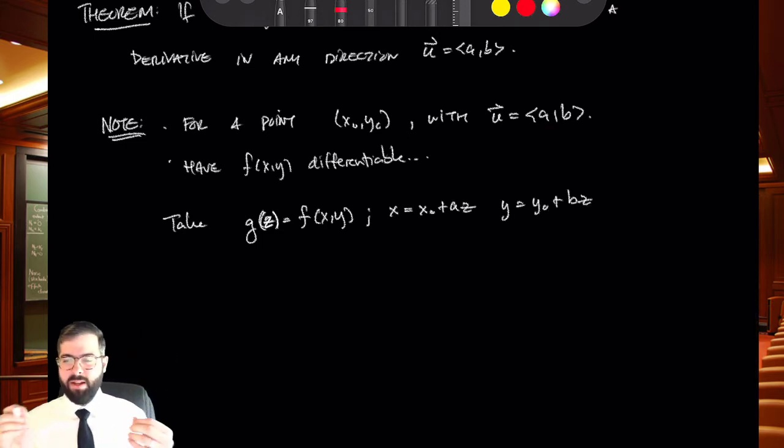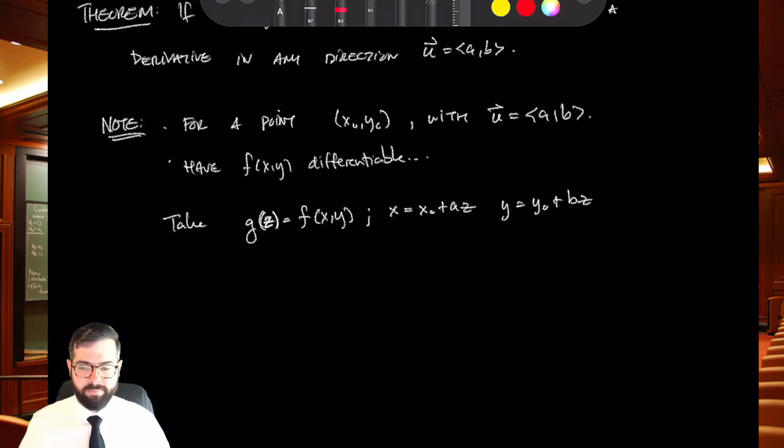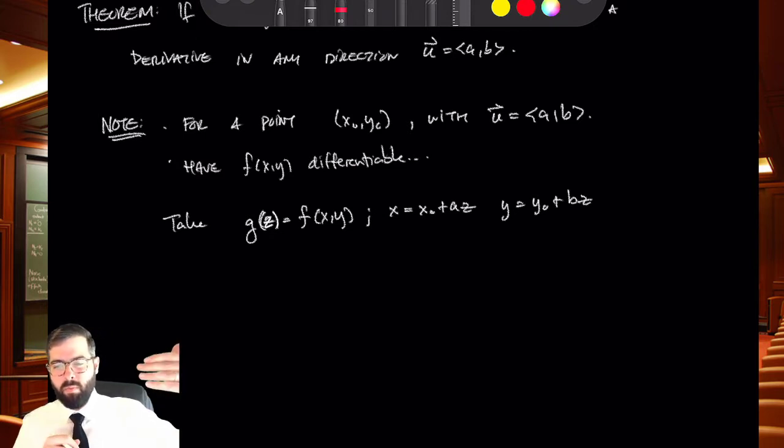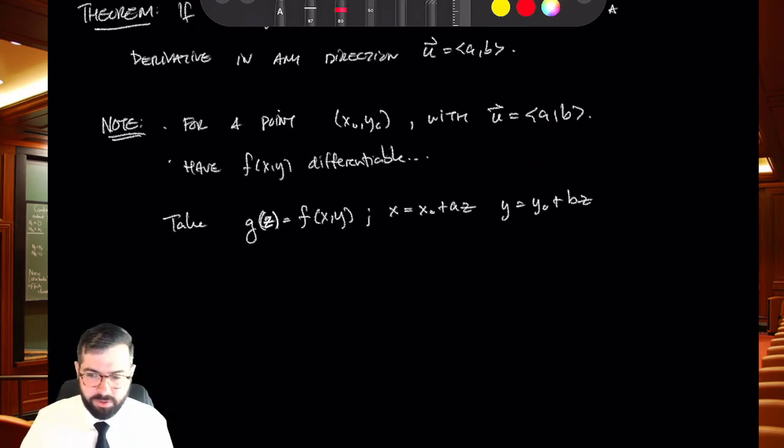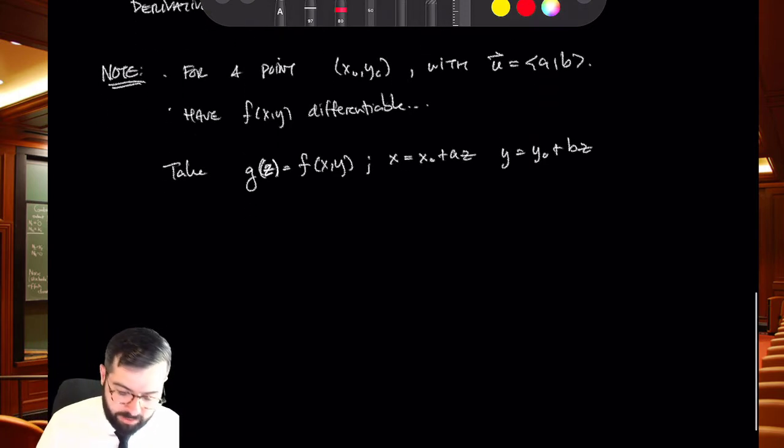So now I've made x and y functions of z. So I'm on the surface, and these coordinates are being dictated to me by the direction vector, right? So I'm making this little substitution